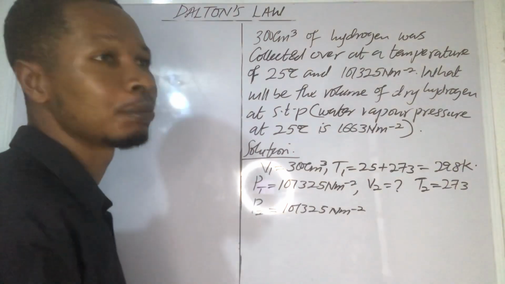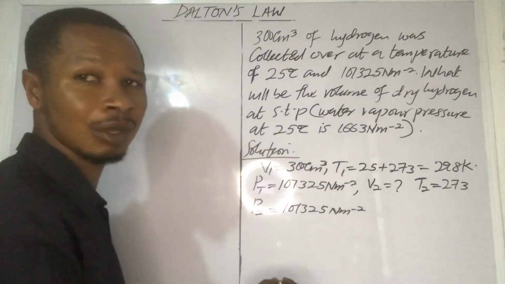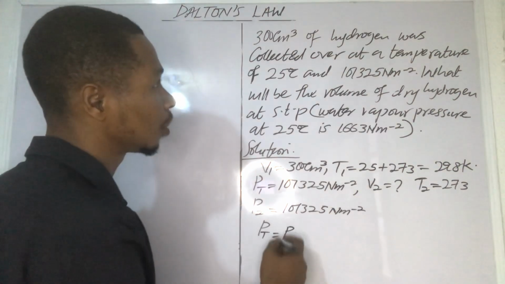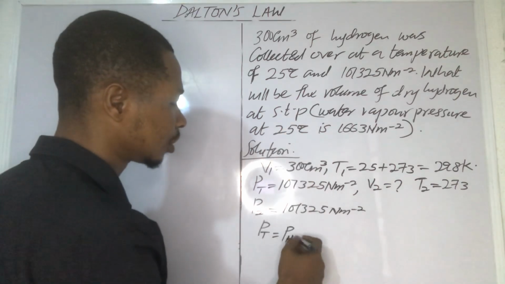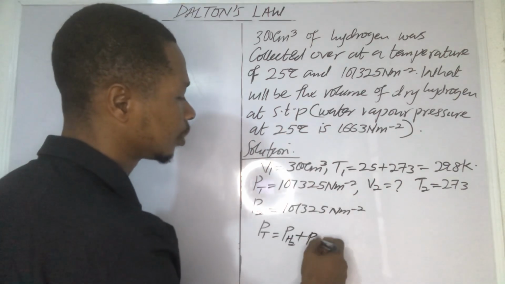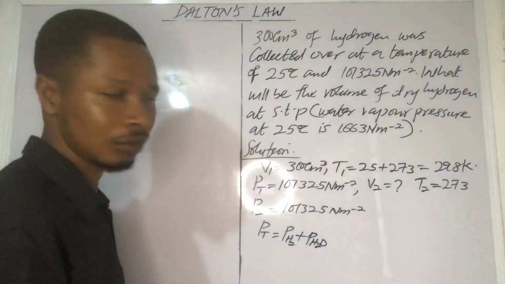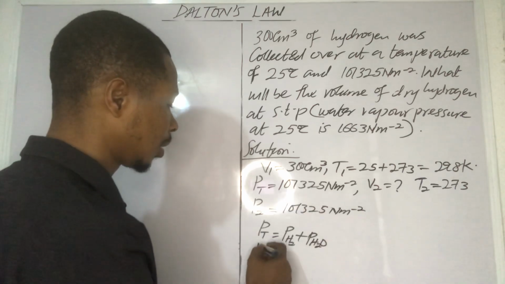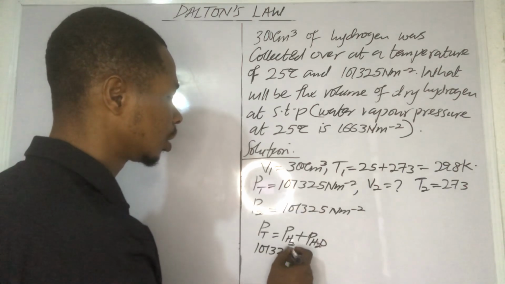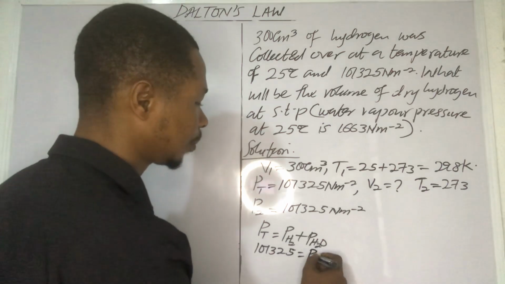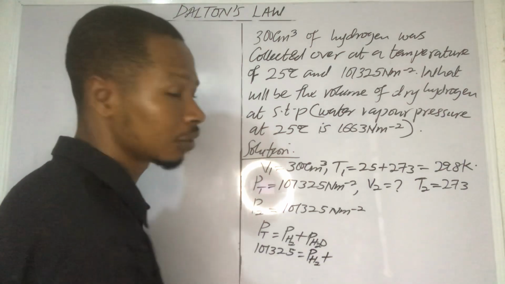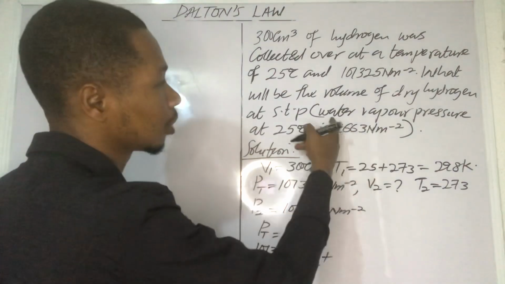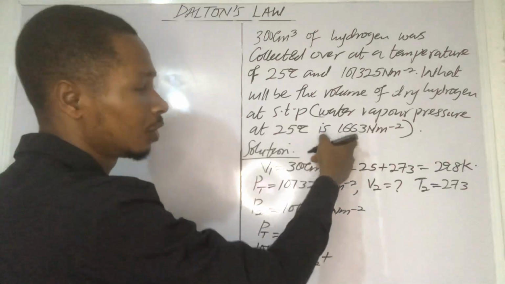Then to get my P1, recall from Dalton's law of partial pressure that PT, total pressure, is equal to the pressure of the dry gas, in this case hydrogen, plus the partial pressure of water. If I substitute my values here, my total pressure is this one. I have 101,325 is equal to the partial pressure of dry hydrogen that I'm looking for, plus the partial pressure of water. Water vapor pressure at 25 degrees Celsius is this, plus